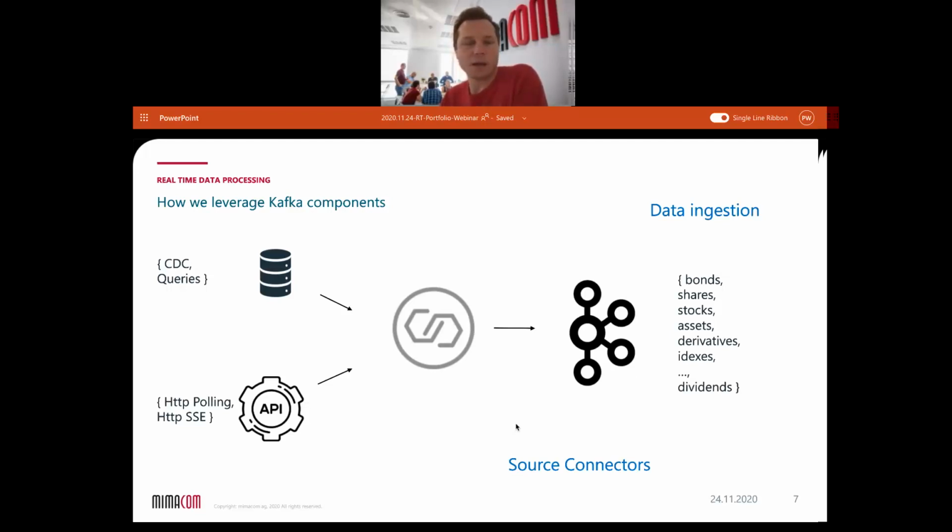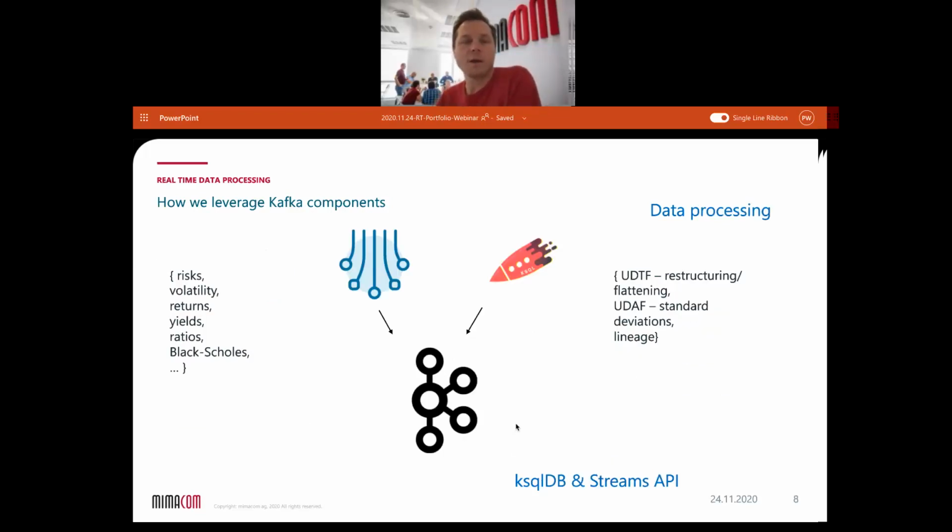We can ingest data from available services, online services via HTTP polling, other server-side events. These data land up through Kafka connectors in our Kafka topics and are fed continuously. That means the data flow is continuous, happens in the background, and it's completely decoupled from the next thing we leverage, and that is KSQL DB or Streams API from Kafka, which is used